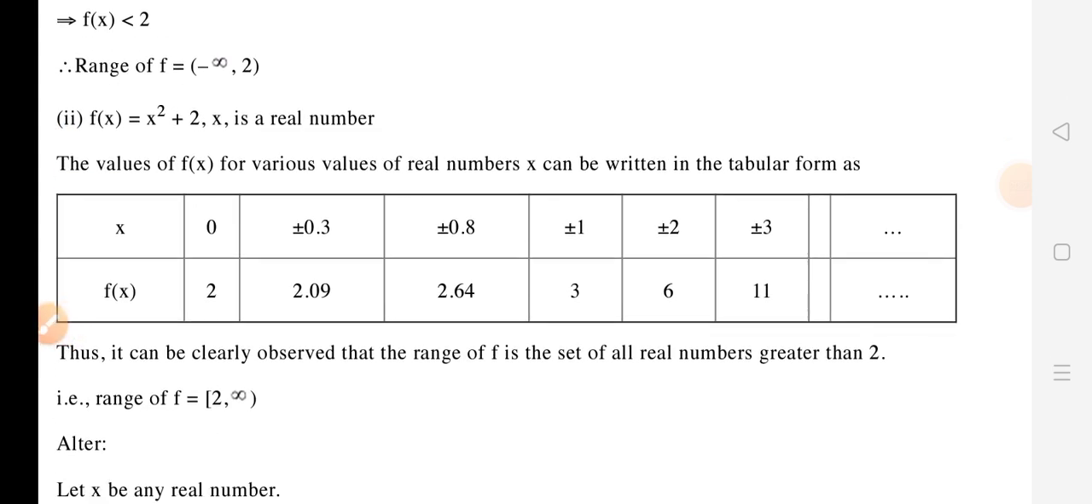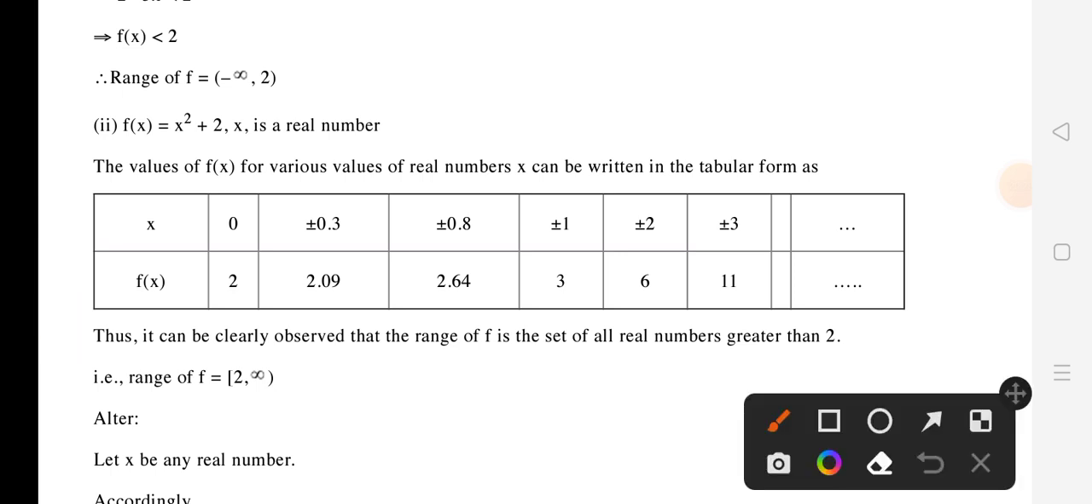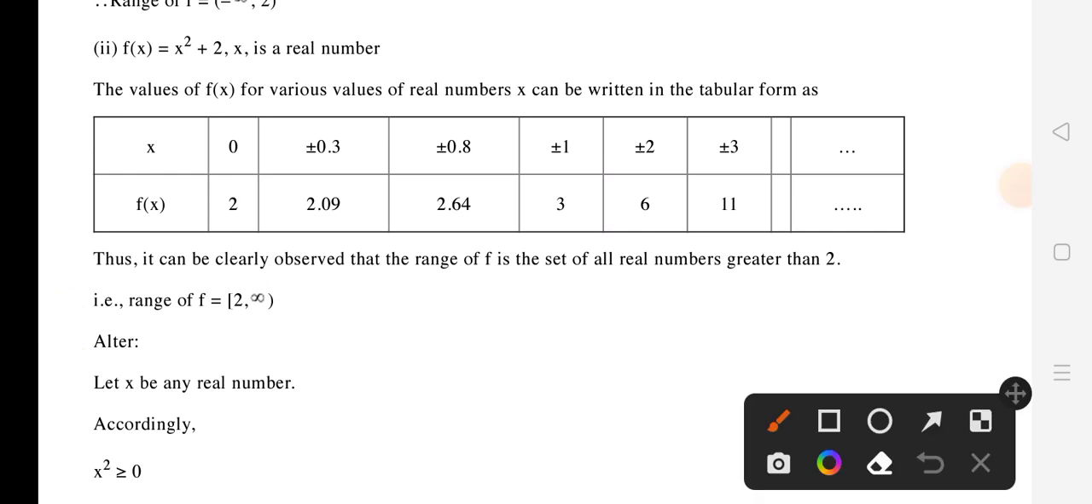इन द सेम वे आप इस फंक्शन का भी कर सकते हैं, एफ एक्स इक्वल टू एक्स स्क्वायर प्लस 2, एक्स इज अ रियल नंबर। द वैल्यू ऑफ एफ एक्स और वेरियस वैल्यू ऑफ रियल नंबर एक्स कैन बी रिटेन इन टेबलर फॉर्म। एक्स का वैल्यू 0 लें आप तो एफ एक्स का वैल्यू 2 मिलेगा, प्लस माइनस 0.3 लें 2.09, ये वैल्यू लें ये मिलेगा, डिफरेंट वैल्यूज मिलेगा। तो क्लियरली ऑब्जर्व आप कर सकते हैं कि रेंज ऑफ एफ जो है सेट ऑफ ऑल रियल नंबर जो कि 2 से बड़ा है। एफ एक्स का जो भी वैल्यू है वो नंबर ग्रेटर देन 2, सेट ऑफ ऑल रियल नंबर ग्रेटर देन 2 होगा। रेंज ऑफ एफ करें तो क्लोज इंटरवल 2 टू ओपन इंटरवल इन्फिनिटी।